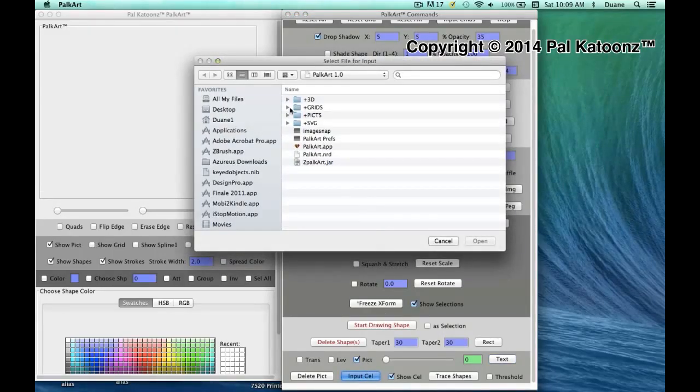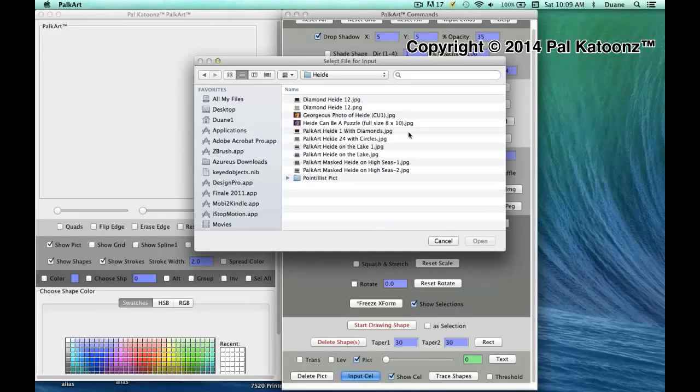Now what Input Cell does is it allows you to input either JPEG files or PNG files, but it treats them differently as it's doing it. Any other pictures that you're going to have in the memory are going to be beneath this thing called a cell. So if you input a PNG file, it's going to have areas that are transparent in it, and those transparent areas will show the pictures underneath it through the picture. So one thing I want to input here is